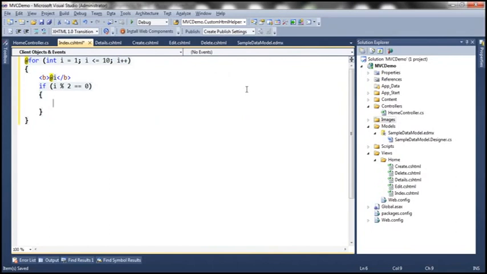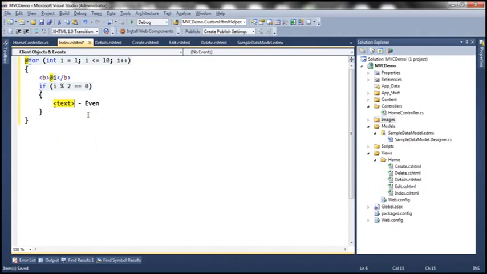If I simply output a dash and then print this text even, look at the shade, it's shaded with light gray color, so it is actually treating that as C# code and not as literal text. But our intention here is to treat that as literal text. So if that's our intention, we have to use the text element,